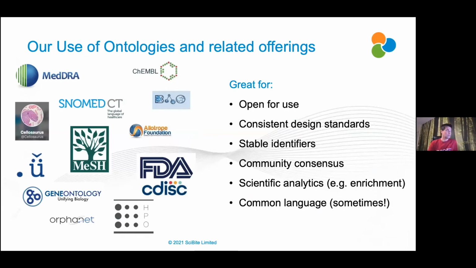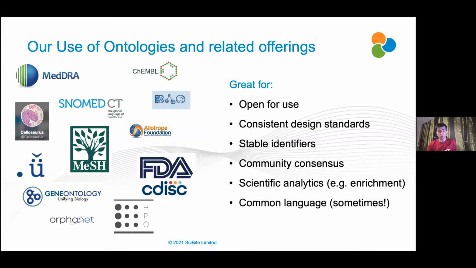Our use of ontologies. So there's a broad spectrum of resources we use for people who have a stricter definition of what an ontology is. You don't shout at the screen. I'm using very broad strokes here. Not least because to some of our people who use our tools, well, they don't really care. They may look at all of these things as ontologies and they just don't care. It doesn't matter so much to them.